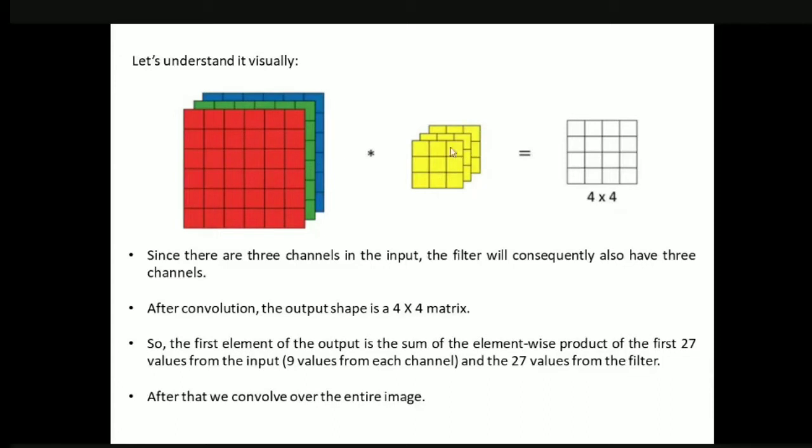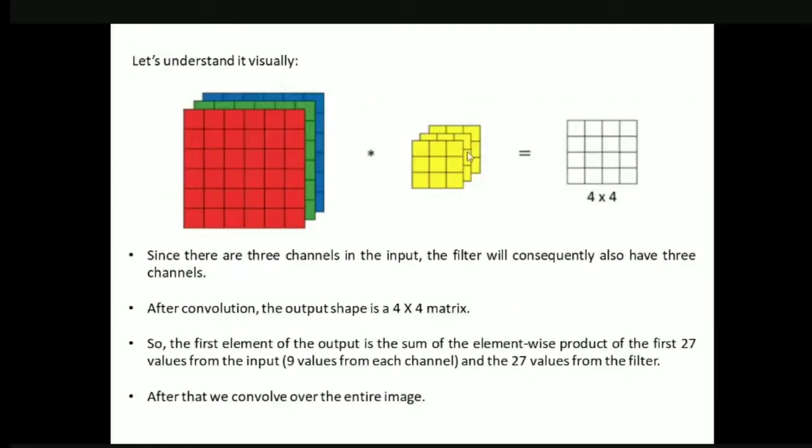So all the time we will be using the same filter, but we divided it into 3 channels. After that, finally, this filter is going to convolve the entire image. So this is how we do the convolution operation if it is a 3-dimensional image. Okay. Next.